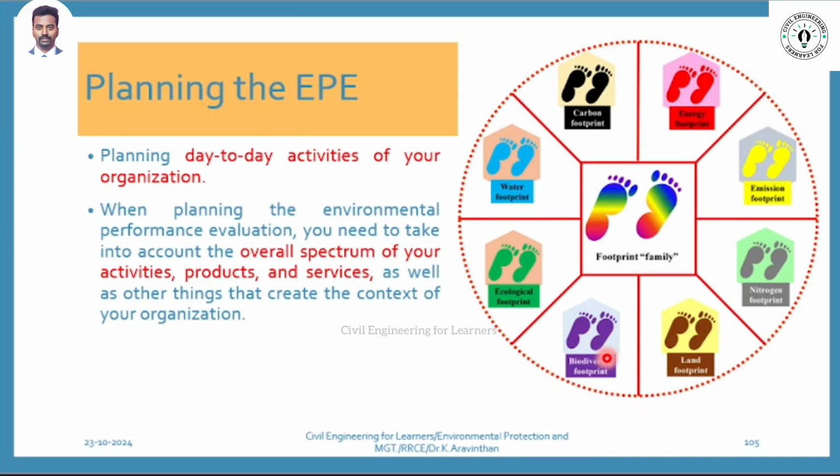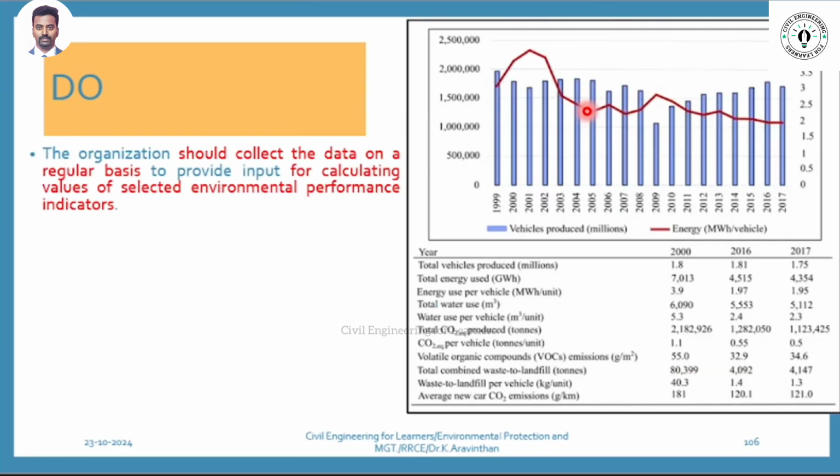What will a furnishing shop do? They will manufacture products. They manufacture furniture. How do they manufacture? By using wood. So if they consume wood, biodiversity is being damaged. So they have to take biodiversity concerns into account also. Similarly, for the ecological footprint, we have to look at the water footprint and carbon. How much water they consume per day, how much carbon is exhausted. This is planning. Planning is deciding how many parameters they have to take.